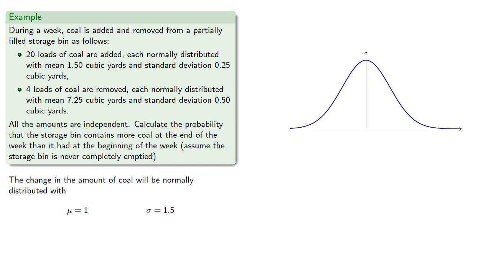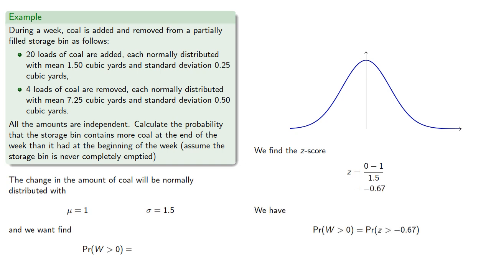and so the change in the amount of coal will be normally distributed with mean 1, standard deviation 1.5, and we want to find the probability that the change is positive. And so we'll find our z-score. It's symmetric, and so we get